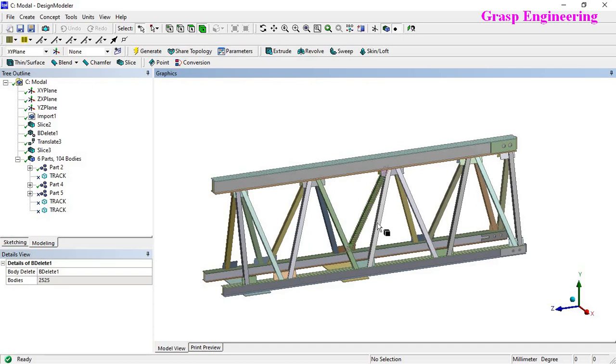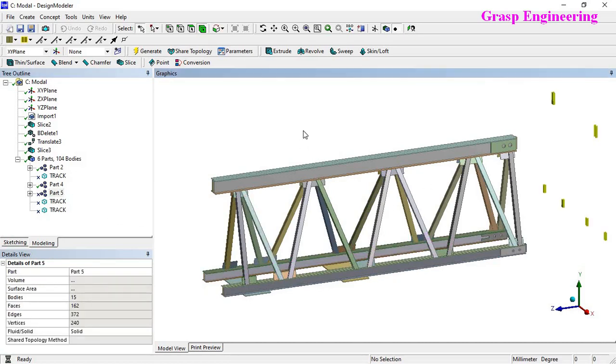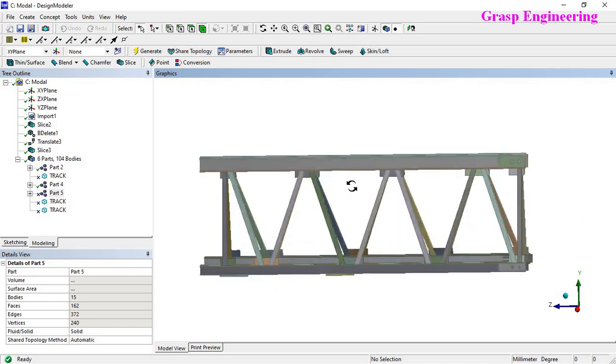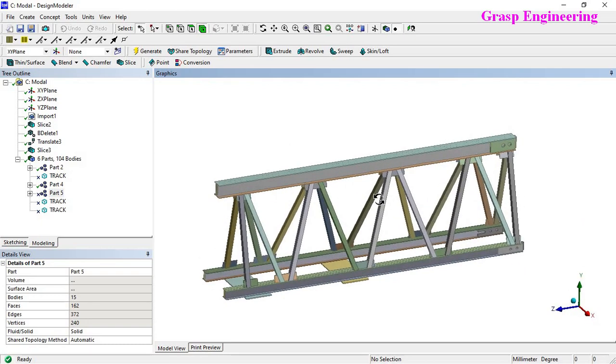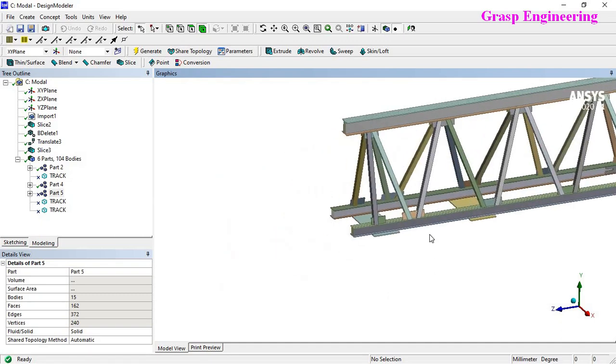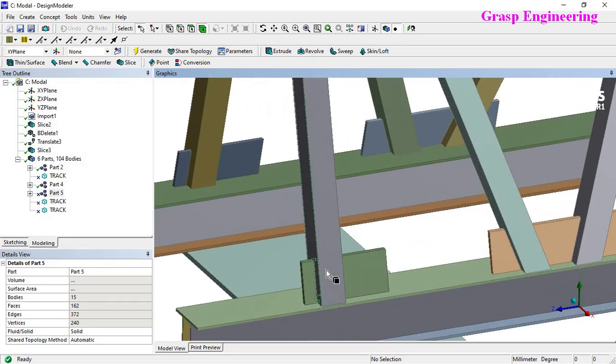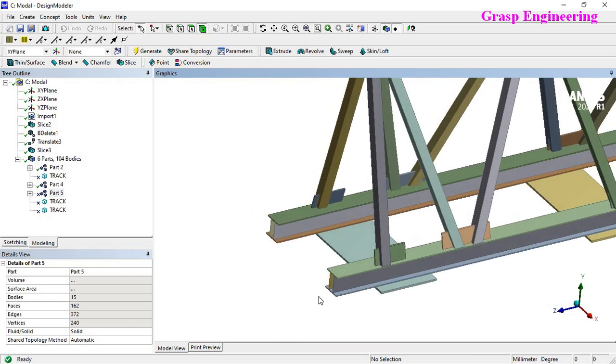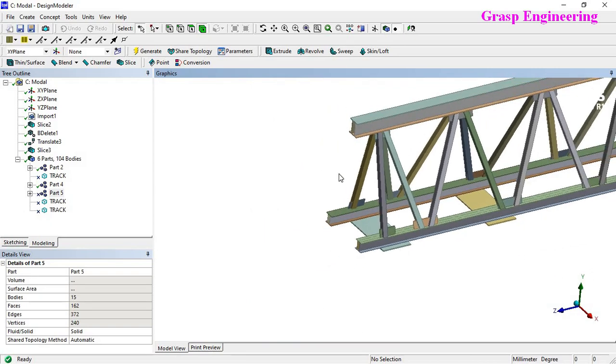I already deleted the extra parts which were present over here, and now for these 4 sections we are going to perform the modal as well as random vibration simulation. The very first thing is to look at where you need to simplify the geometry. I will not go into that much depth because, if you see, these are solid sections and these are solid steps. So whenever it is possible, we can just extract the mid surface.